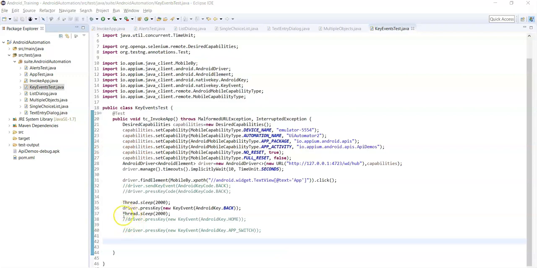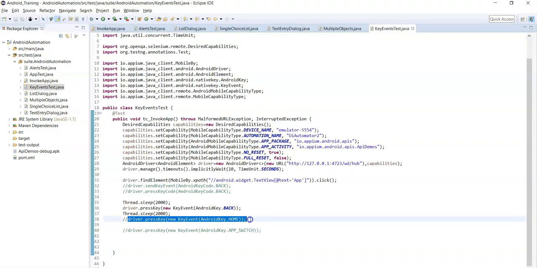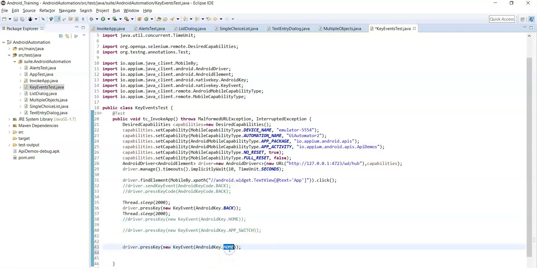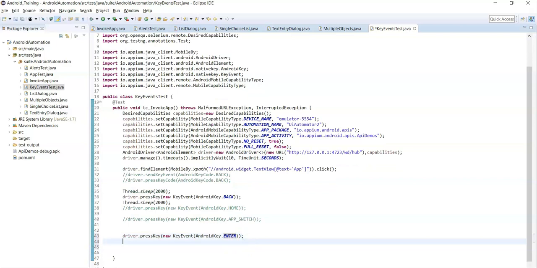There are many events which you can handle in your projects. Frequently used events are like enter, so you can click on the enter key. If you want to enable the caps lock button, you can use caps lock. If you want to perform a click action on the down arrow, up arrow, left arrow, and right arrow, you can simulate these keys using D-pad down, up, left, right.